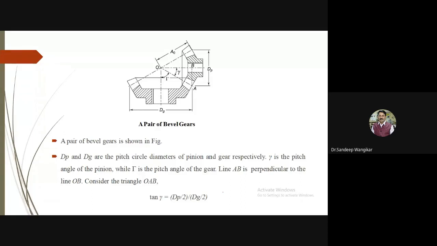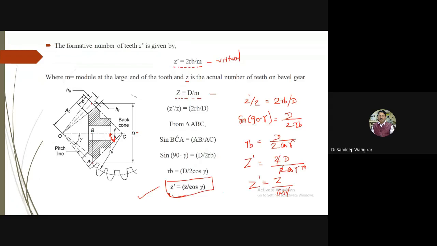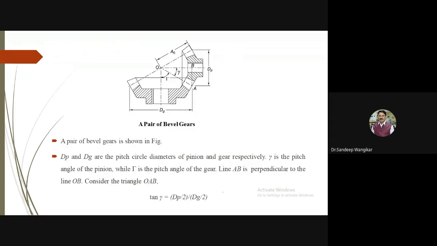Okay, let us proceed further. This is a pair shown. Now we have discussed only one side. Now the gear pair is shown, so pinion as well as gear. Let us assume that dP and dG are the pitch circle diameters for pinion and gear. I will call this the pinion, and the larger one I will call the gear. So dP and dG are the pitch circle diameters for pinion and gear respectively, as shown in the figure.